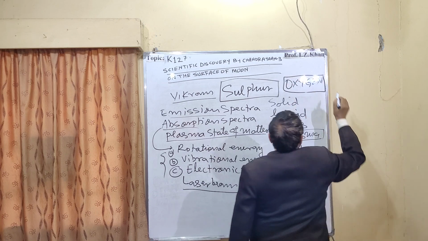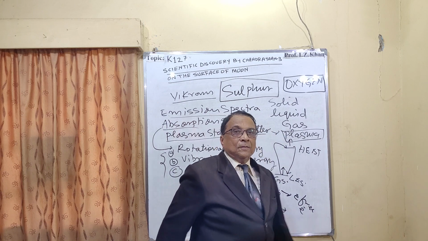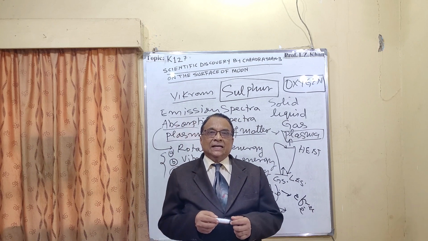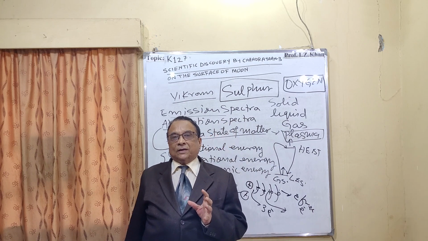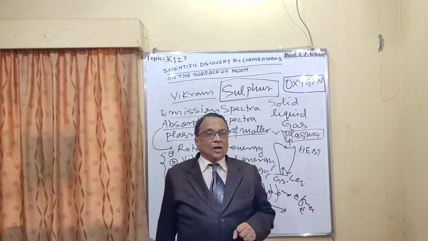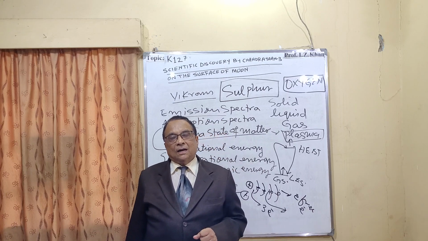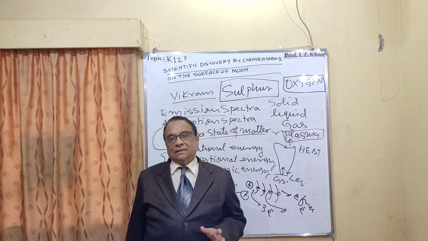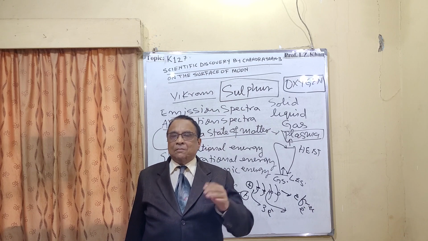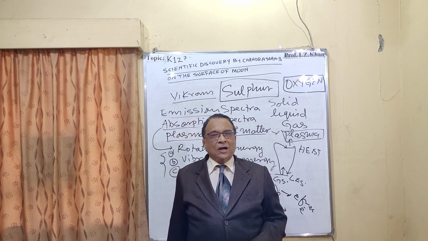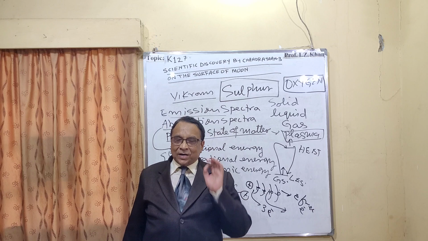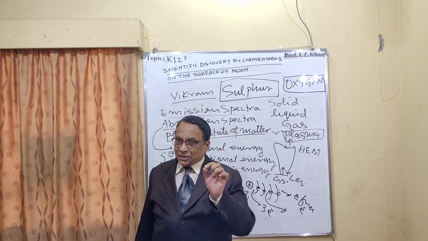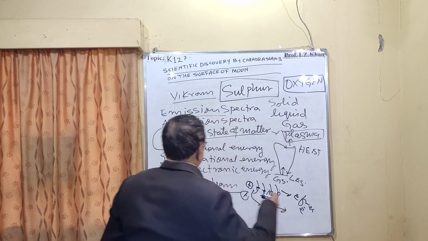And you know that on the surface of the moon, there is no atmosphere. There is no oxygen in the atmosphere. So this oxygen is discovered from the rock and dust of the lunar moon particles and rocks, and it is found in combined form, in the form of oxides. And the very important oxide they found is combined with silicon. So this oxide is found in the form of silicate.